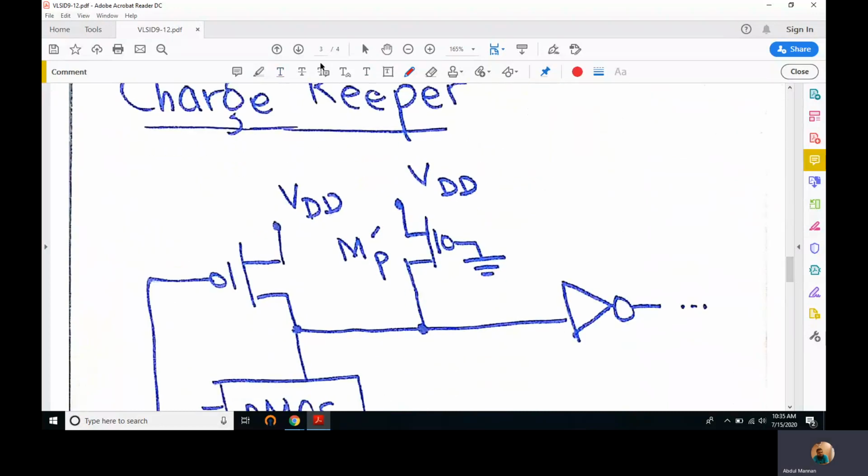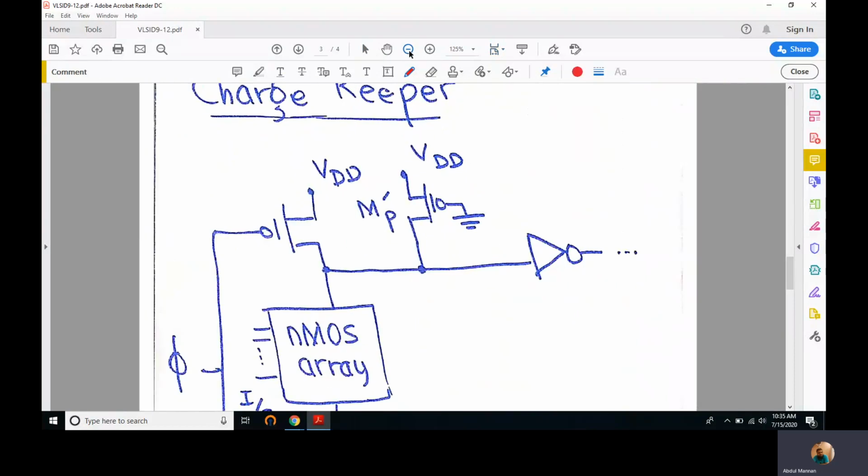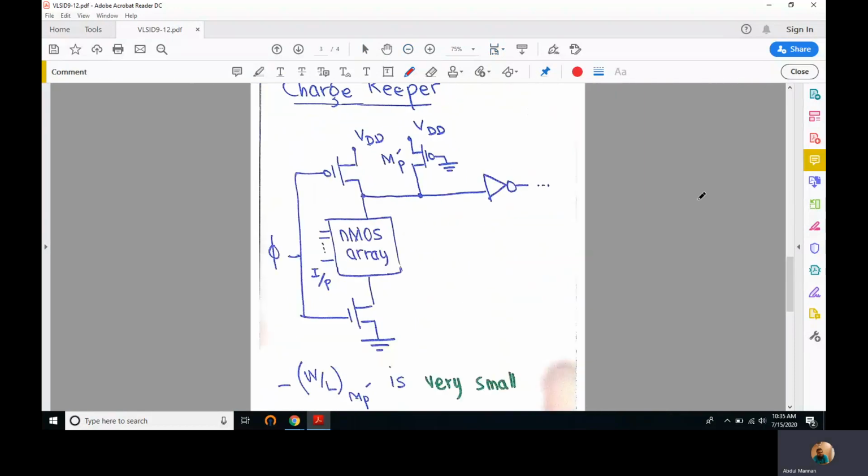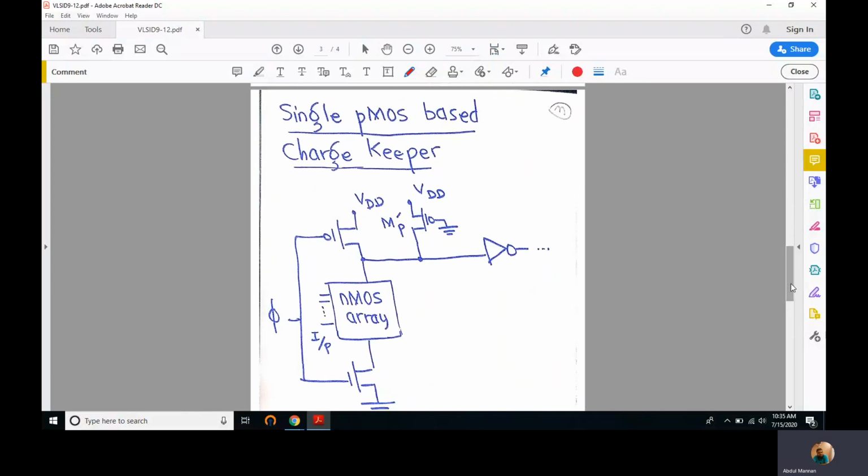Let me take the full circuit onto the screen. Right, now it is there. So this is a general block diagram of a dynamic CMOS circuit, and this is the inverter that completes this domino chain, and it goes on. It's a part of a chain. So we introduce at the output a PMOS transistor